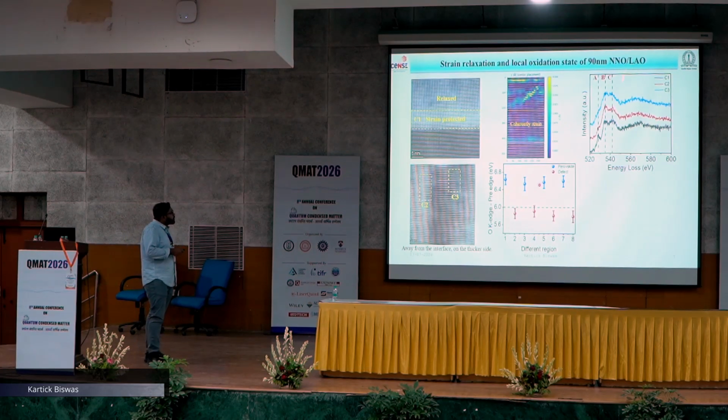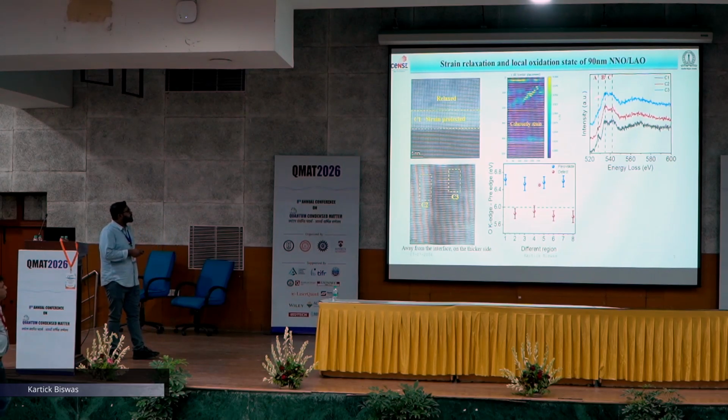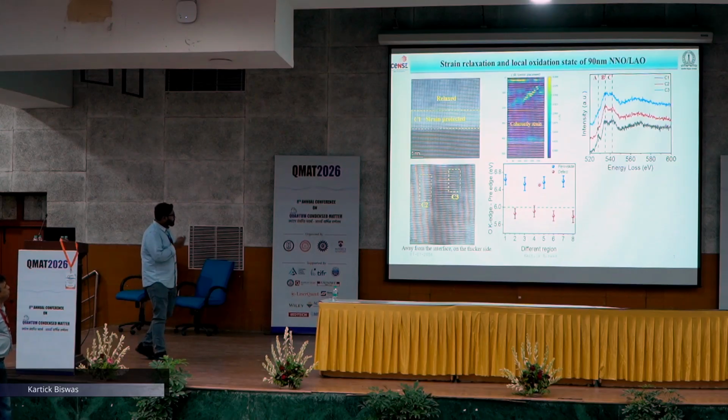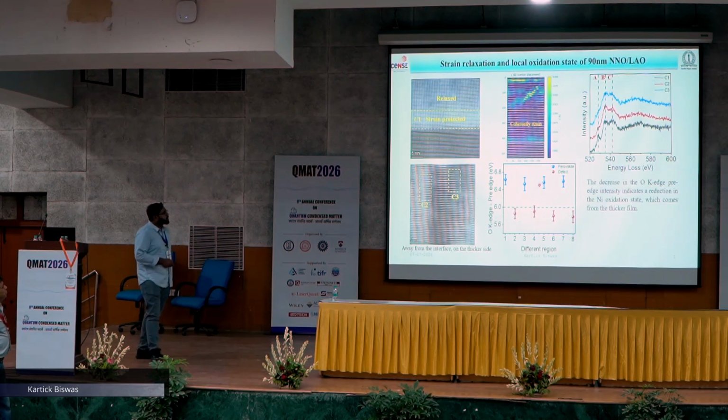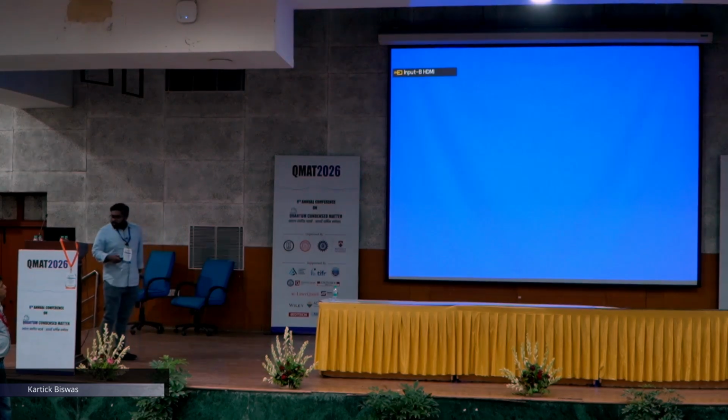So how can we know that? If we take the position of peak B and peak A and subtract, the difference will give me the oxidation state. You can see around the perovskite region there is 6.5 electron volt between these two peaks, but for the defective region this is 5.7. So we can say there is a decrease of oxidation state.